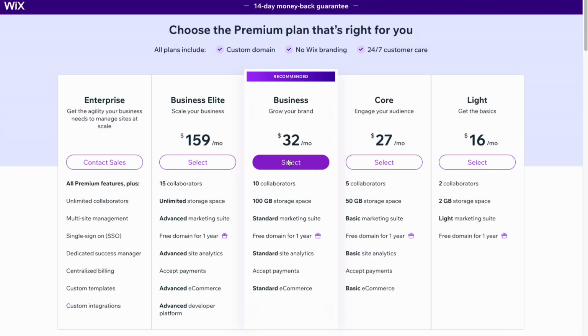And if you're going to compare plans, we can see that they provide different plan variants. We can see them according to our purposes: business elite, business core, or light. If you just want to create your website, it's enough for you to have a light plan, 2 collaborators, 2 GB of storage space, light marketing suite, and 1 free domain for 1 year. So yeah, this is a way of how to